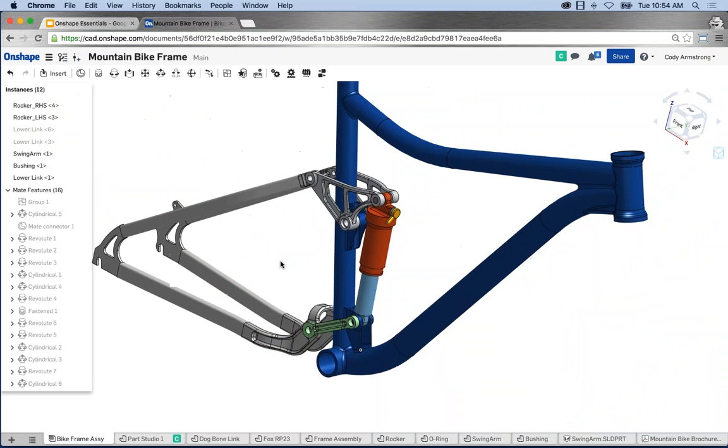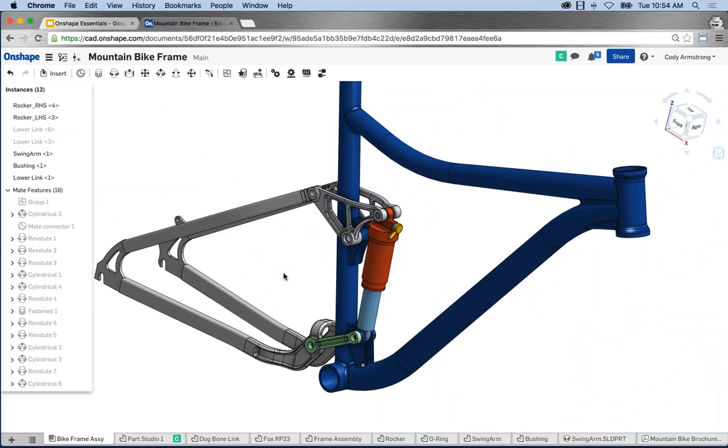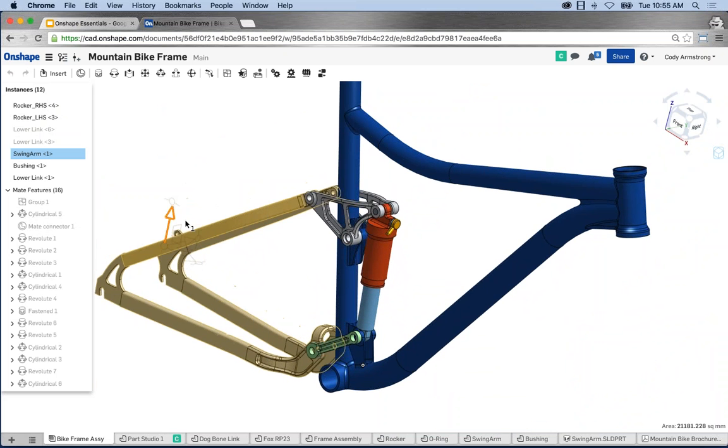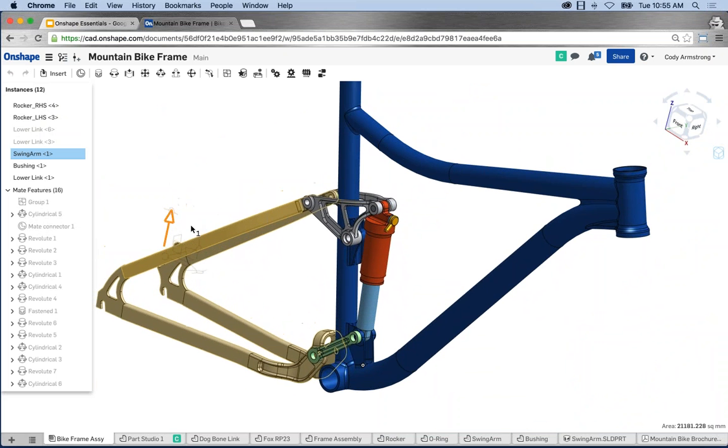Now the key test is, of course, how does it move? Does it move around the way I'd expect? And to do that, we can just left click a part, and I can grab and drag and move it up and down. Okay. And I see I'm getting behavior like I might expect, or the correct motion that I'd expect. So